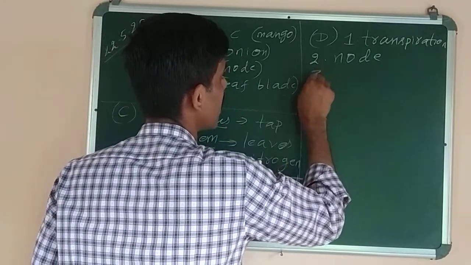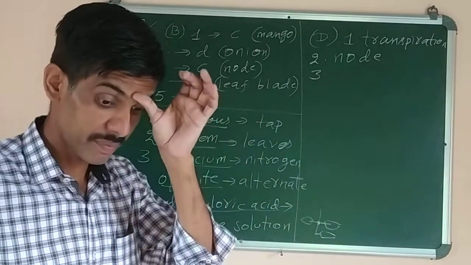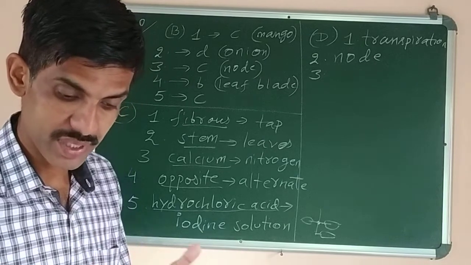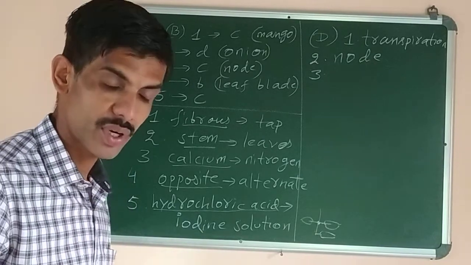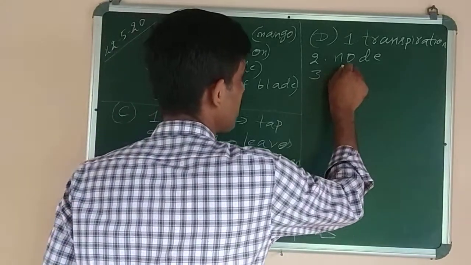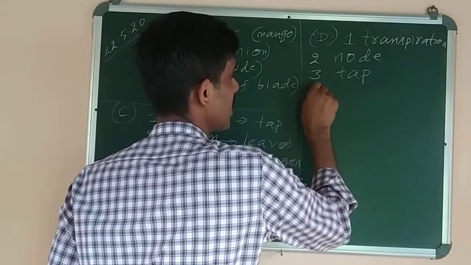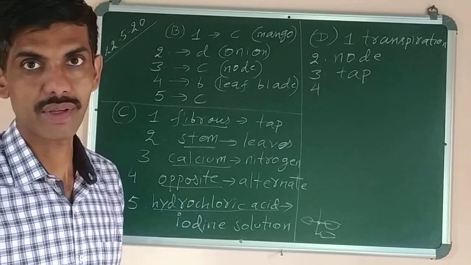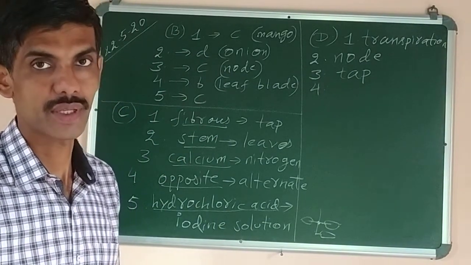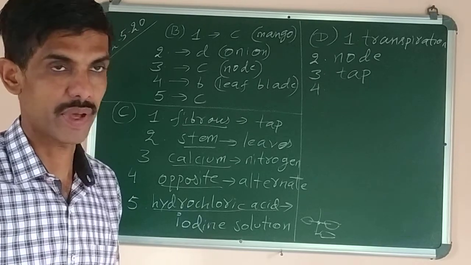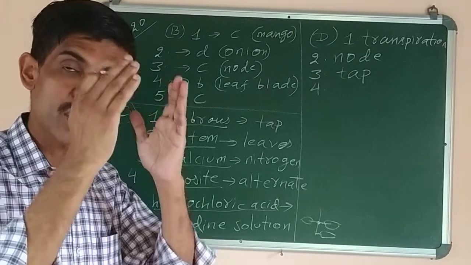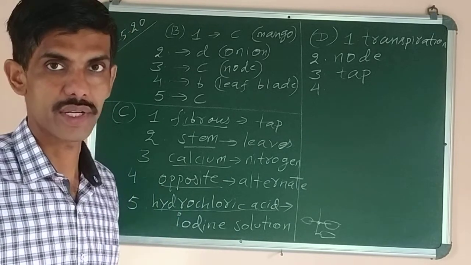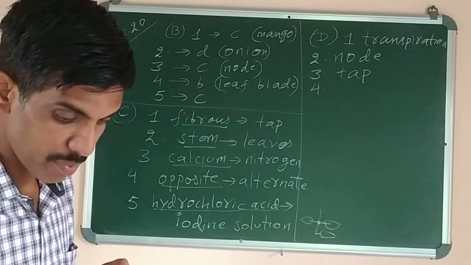Got it? So now next one is number 3. The third question is: the root system in which primary root gives rise to the secondary root is called fibrous or taproot system. Answer is taproot system, because it is the taproot system in which the primary root, that is the main root, branches to form secondary root, which further branches to form tertiary root, and then the root hairs are present everywhere. Okay, but in fibrous root all the roots are of equal length and size. There is no primary, secondary or tertiary roots.